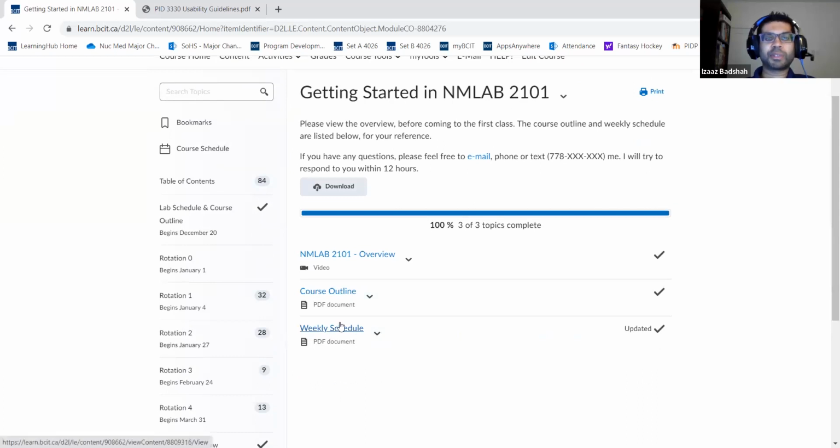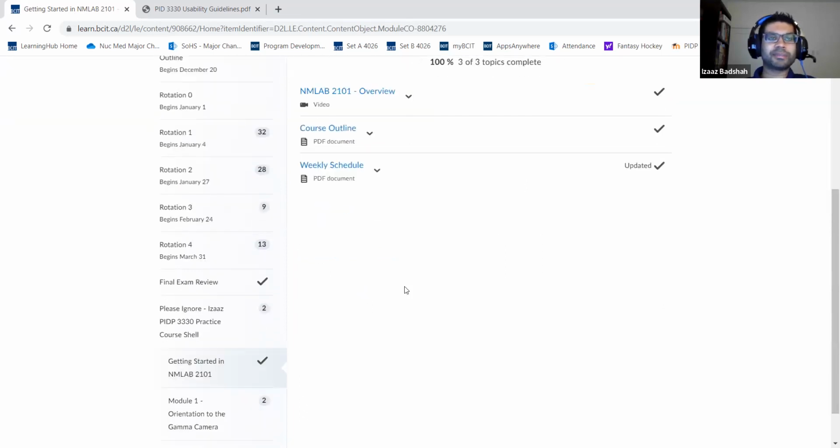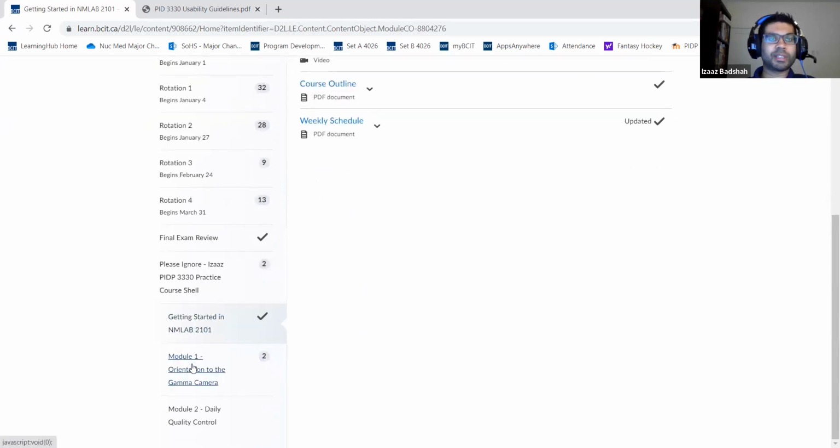Got a weekly schedule here that I thought would be handy for them if they wanted to print out and highlight things as they go through. I might actually also put it into the Learning Hub itself, just so that they could better access it. And so yeah,